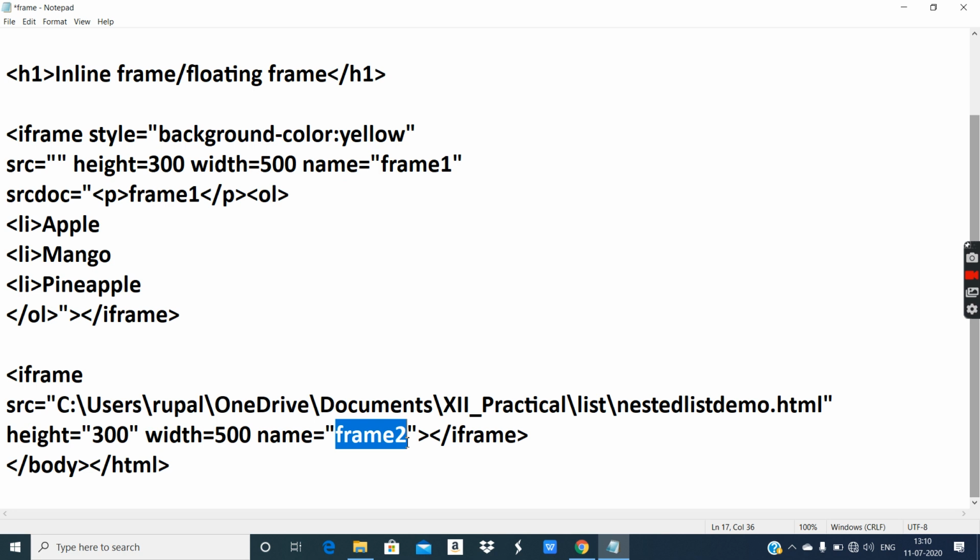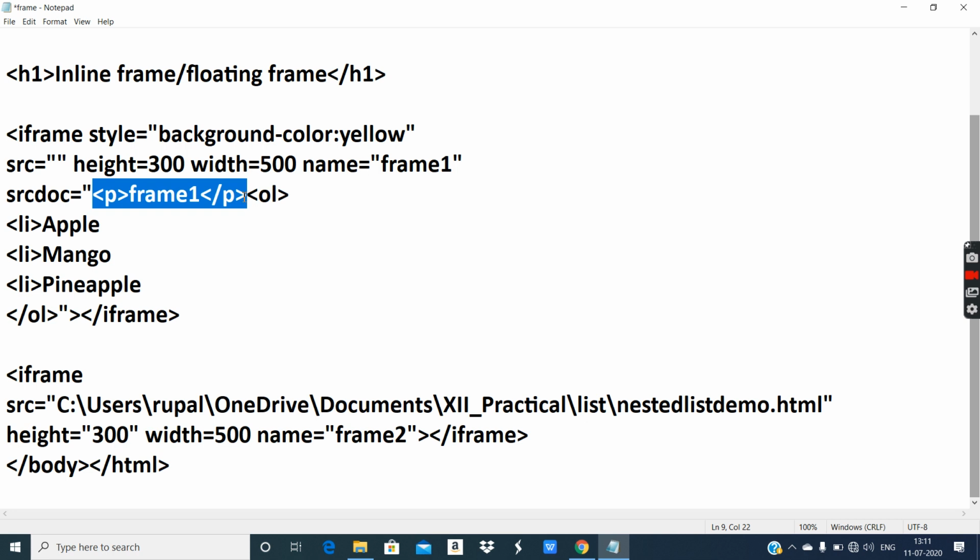Now, after the name attribute, there is another attribute known as srcdoc. Observe in this first example, I have kept src empty. It may happen you do not want to display any pre-existing file and you want to create totally fresh, totally new content. In order to provide new content, you can use the attribute srcdoc, and in double quotes you can use not only a single tag.